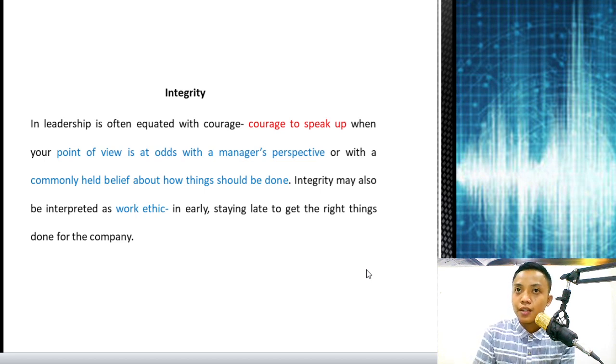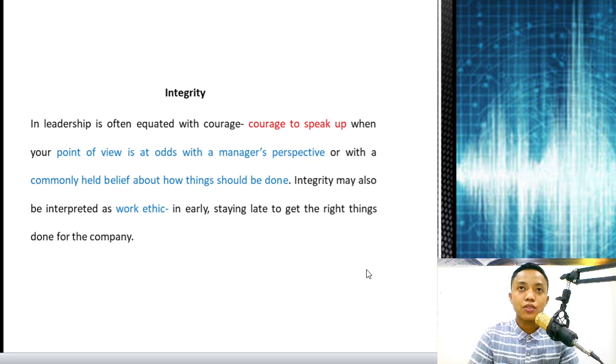Hindi po yung may point of view ang iba, ngunit even maganda naman ang kanyang point of view, pero ikaw, you are always negative on his or her point of view. Hindi po ganon. Kinakailangan po, when we have a courage to speak, or kung may pagkakataon po tayo na makasalita,